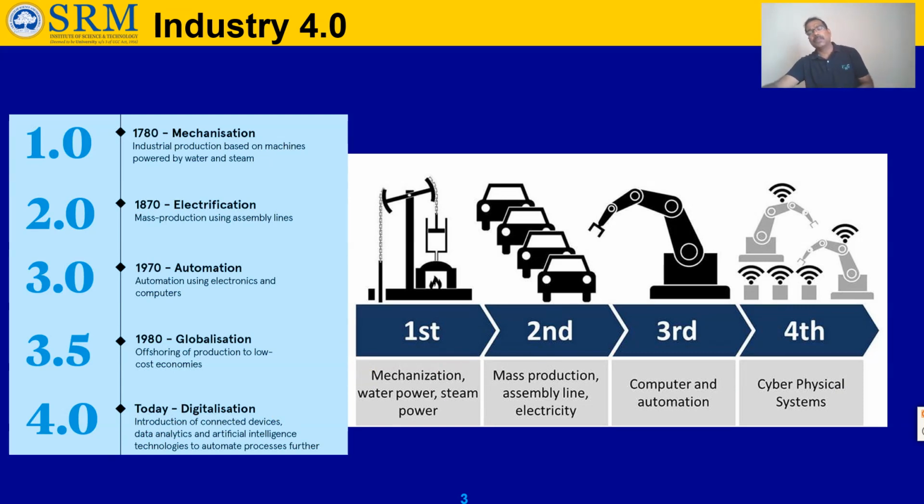Recent times, meaning around 10 years before, came digitalization, like Industry 4.0: cyber physical systems, everything connected, IoT based. IoT means Internet of Things. Every element inside your industry is considered a thing connected through the internet. Sensors are embedded, and through that the sensor information is shared through the internet. To make decisions or get optimal solutions, there will be algorithms using artificial intelligence technology. They produce quality output in a cost effective manner. Okay, this is Industry 4.0.